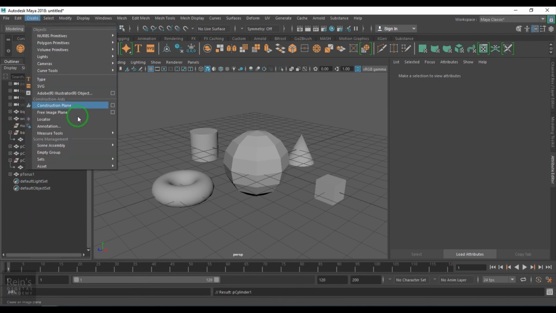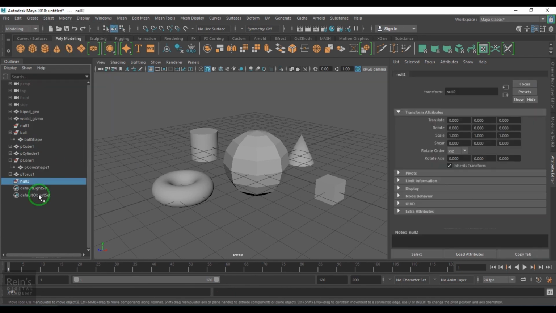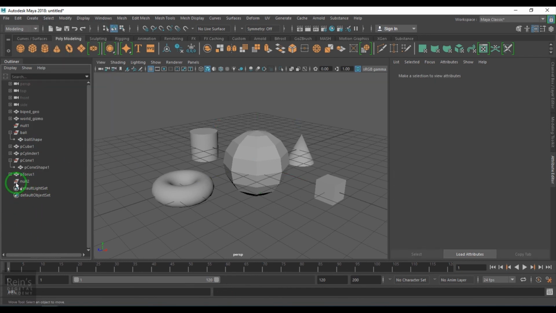If I create an empty group, you see the empty group's icon and the polygon's icon are the same: a white box slightly sheared with a red arrow in it. That's the node called transform node. You identify it by the icon itself.